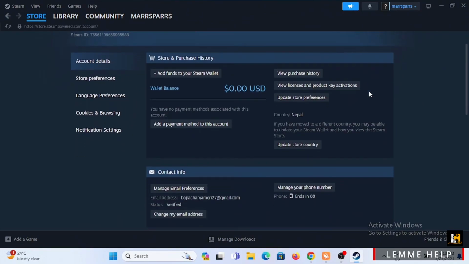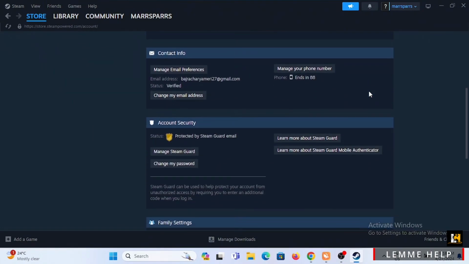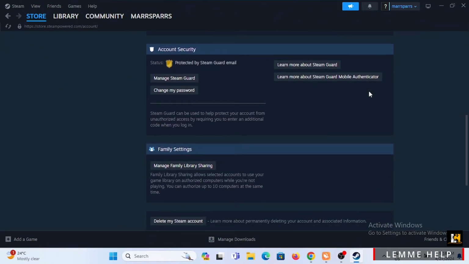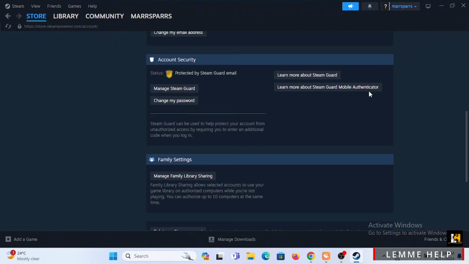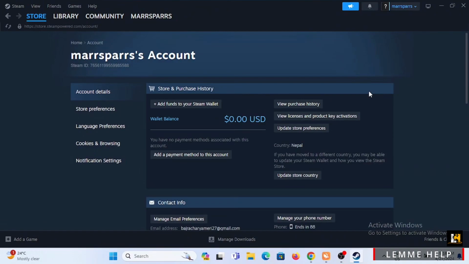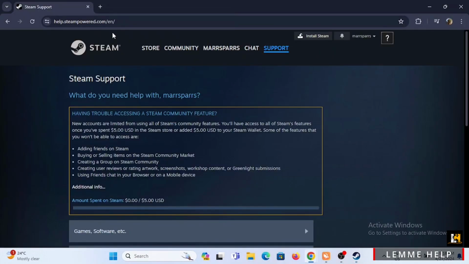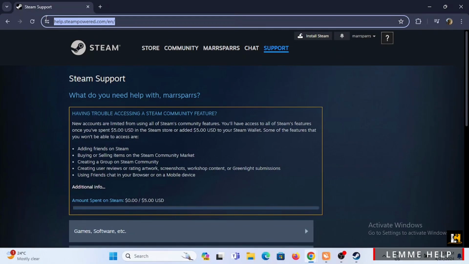Now right under your account info, you would see the option to edit your player ID. However, the Steam username cannot be changed in your Steam. So if we go ahead and open up the Steam help and support in another browser, we would find similar articles related to it. You can search for